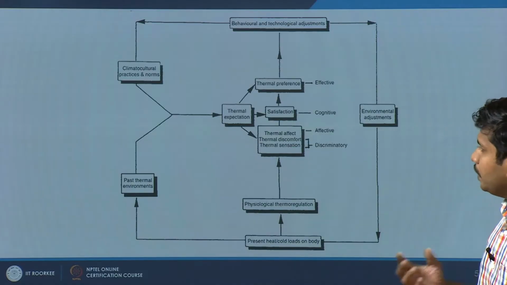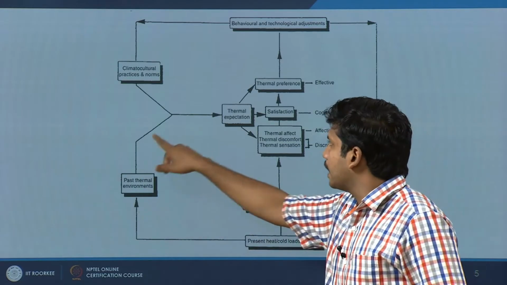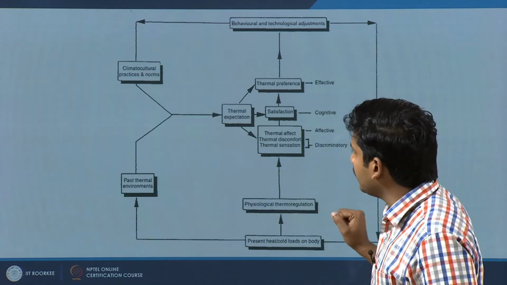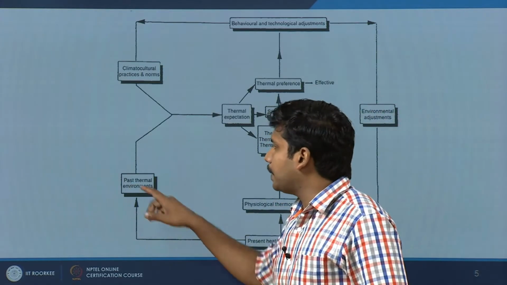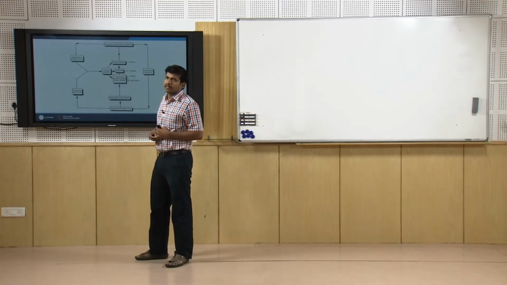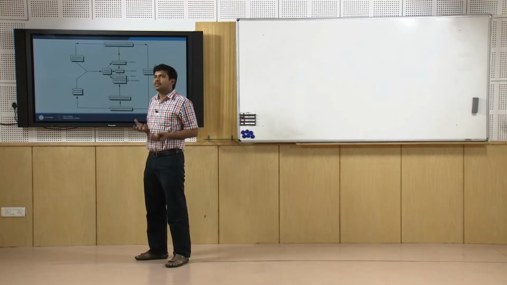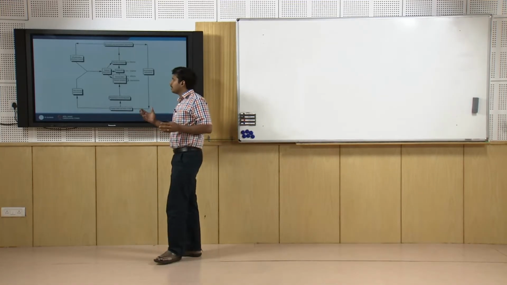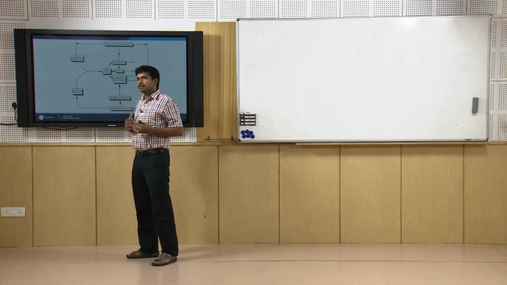Now, what do we do? What else connects to thermal comfort? There is a huge set of parameters which is connecting to thermal comfort. The first thing is the past thermal environment. Say for example, you are moving from a place like Srinagar to work in Delhi. During summer, you cannot stand it for the first year, for the second year, and eventually in the third, fourth year you get used to it. So, it is a long term thermal experience which is needed to get adjusted to a place.